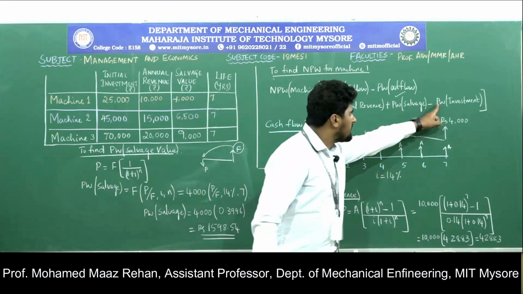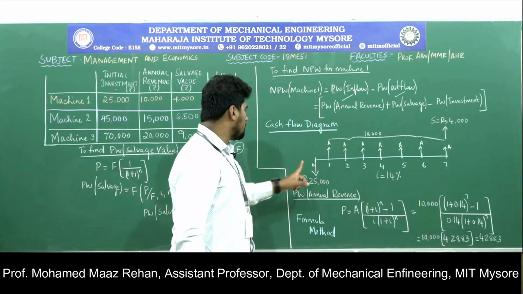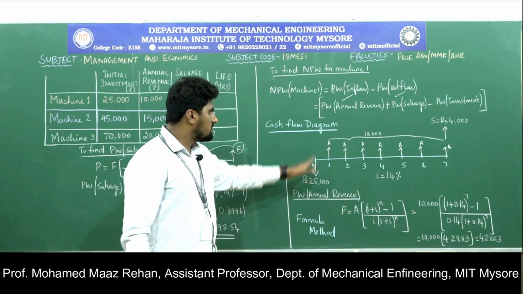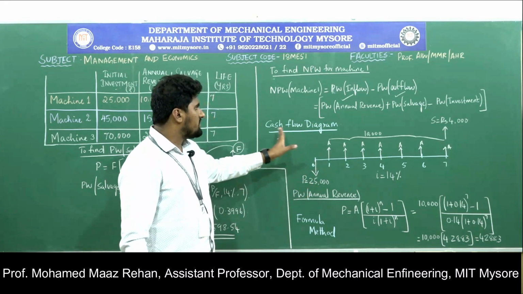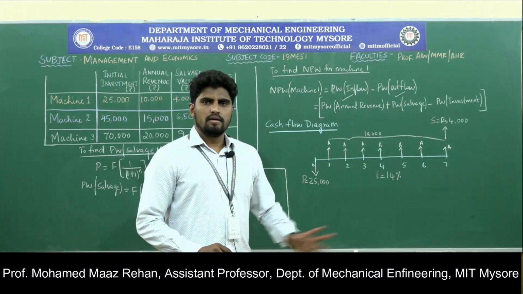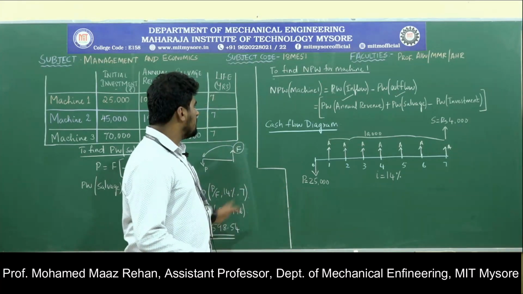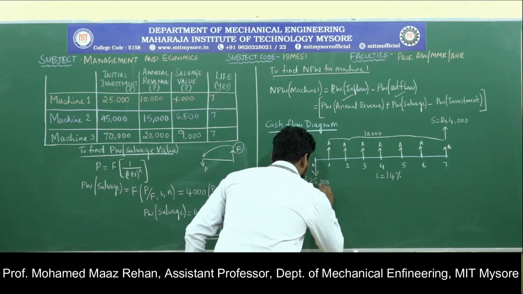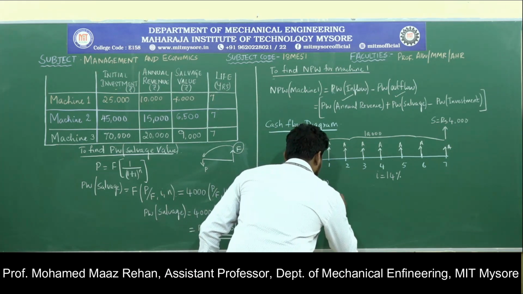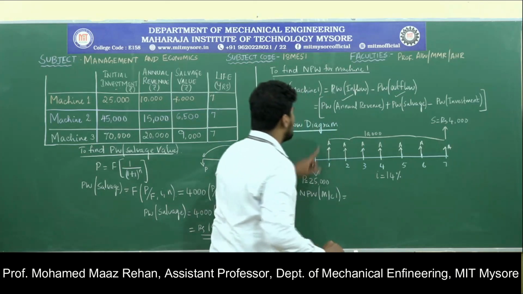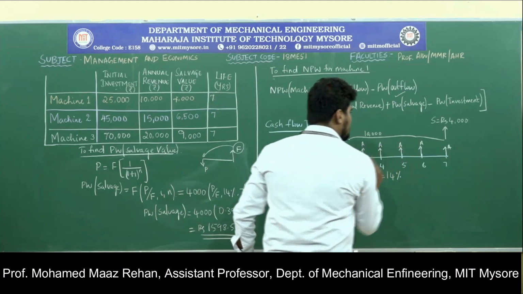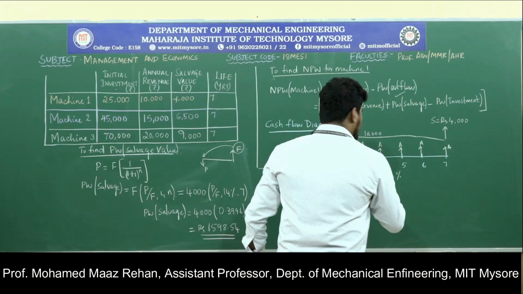So here present worth of investment, this is already at time 0. You no need to convert this. Okay, so we just need to substitute. Next we need to substitute the values, right? So how we'll get net present worth? Net present worth of machine 1 is nothing but present worth of annual revenue we have calculated, right? How much present worth of annual revenue is